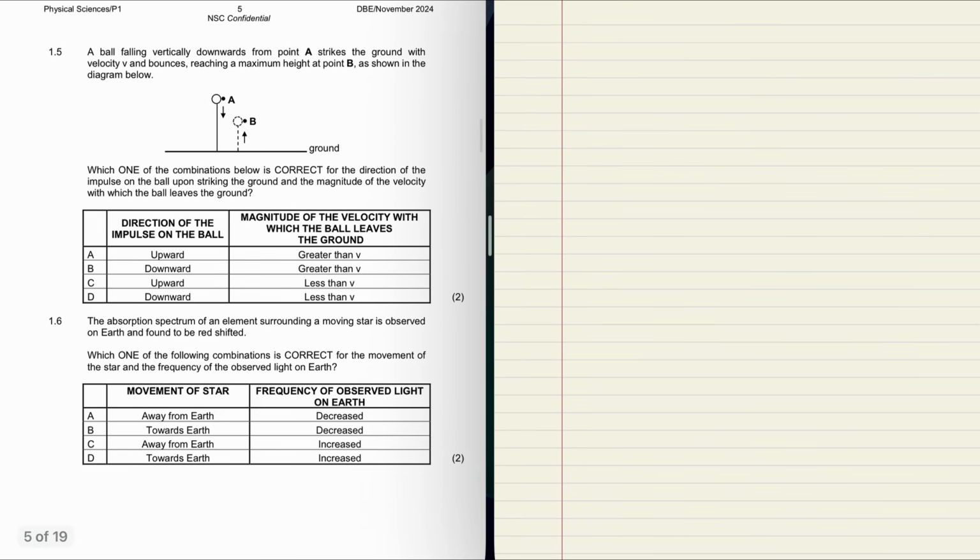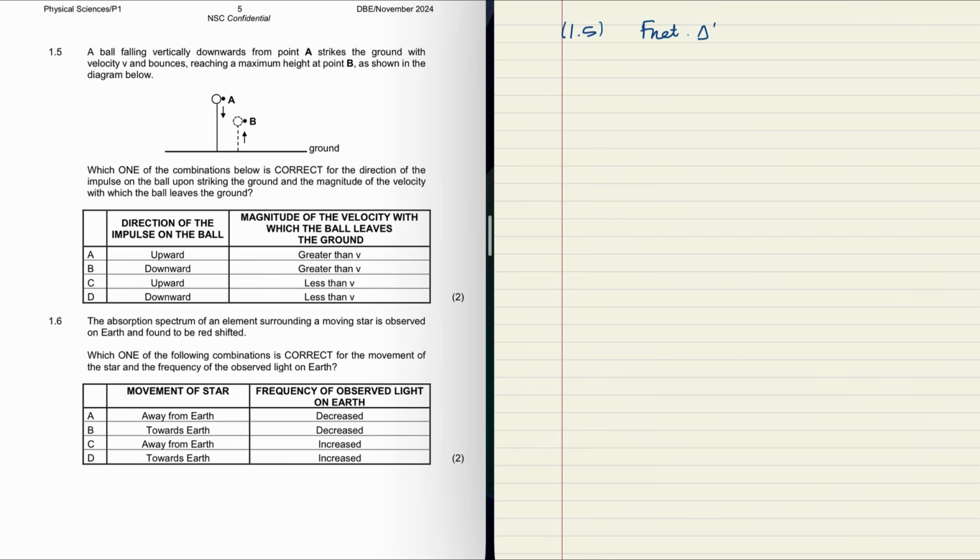Question 1.5. A ball falling vertically downward from point A strikes the ground with velocity v and bounces, reaching a maximum height at point B as shown in the diagram below. Which of the following combinations is correct regarding the impulse and regarding the velocity at which the ball leaves the ground? So impulse is F net